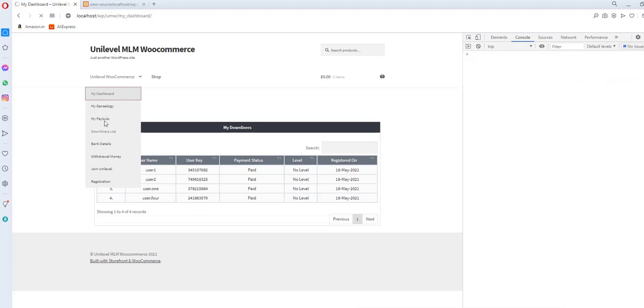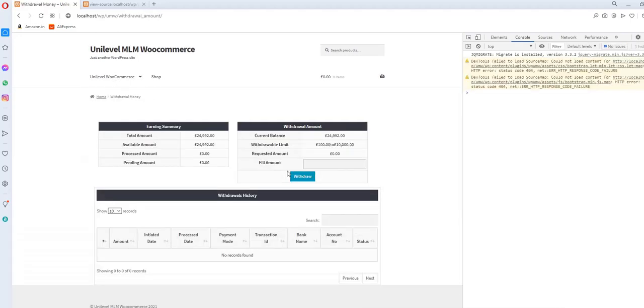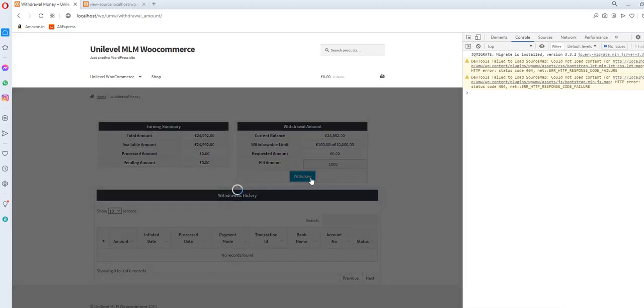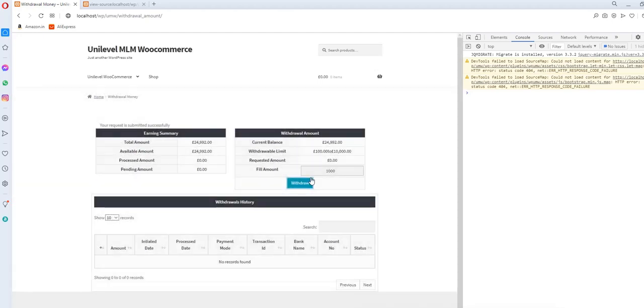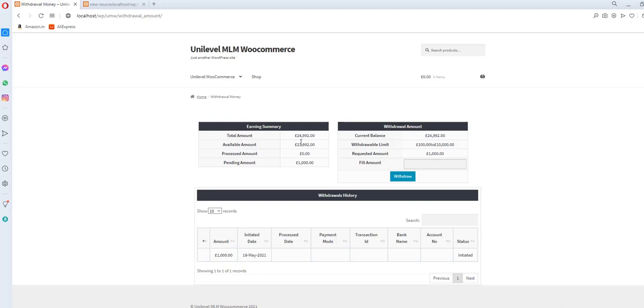So if I go here and request for the money, then definitely I can do this like this. Withdraw request. So the requested money has been deducted.